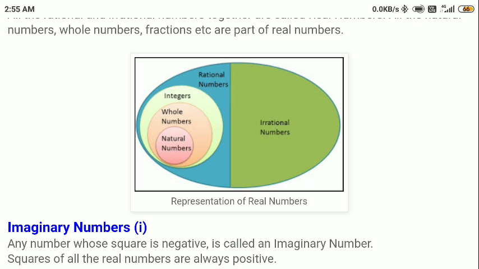If we go further down in the real numbers, we can have rational numbers and irrational numbers. And if we go further down into rational numbers, we can have integers, whole numbers, natural numbers. So that is how we can say that these are the groupings done for numbers for our use. These are sets defined for our convenience. For example, if I only want to use some particular type of numbers, that is why I have made a group. So I hope you understood about the numbers.